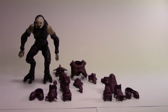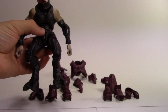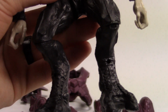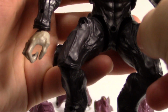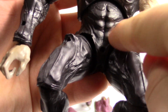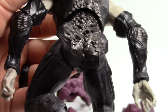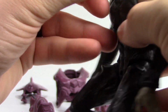One really cool thing that we can see now that he doesn't have all the armor on is to really take a look here at the Elite and appreciate the detail work that they've done. Zoom in a little bit here. You can see a little bit more of the armor, like his undersuit. I think it's pretty well done. You can see abs. The back here, I think, is the best, being able to see the different parts of the spine armor. He has a little bit of strength in the armor that you don't really pay attention to, all the details